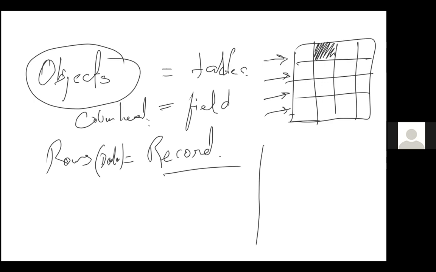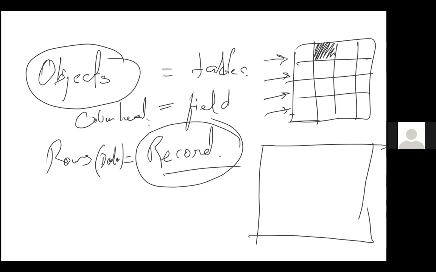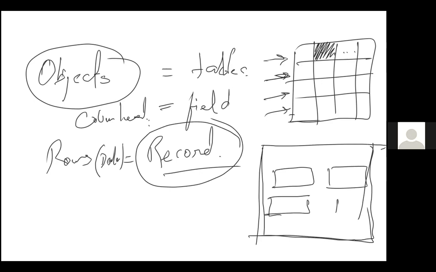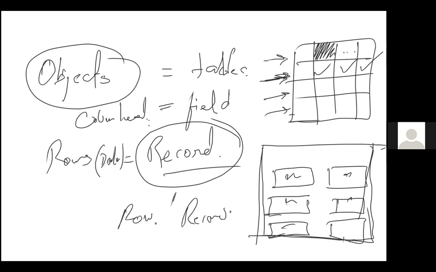If there is a screen which Salesforce gives you for creating each record in this table, you will get a screen in Salesforce with all these columns as individual fields. You will fill up the data here, and that will save in this one row. One screen will create one record, or one row, in a table. Okay, let's see that.